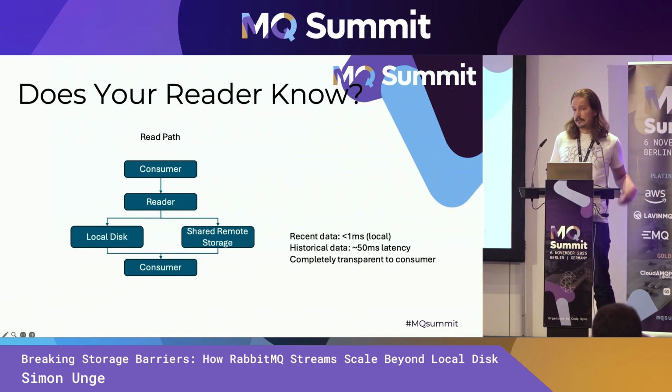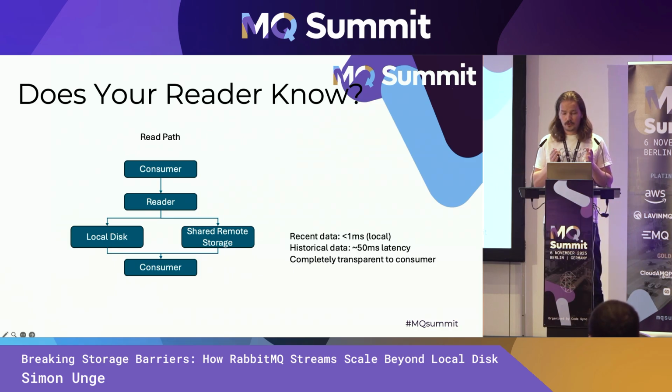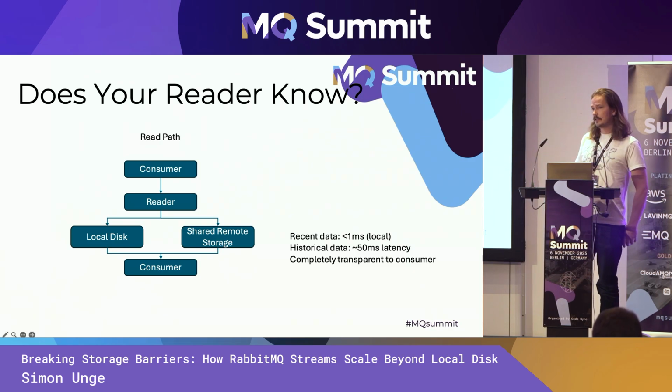And the reason for this is because the data is sequential, right? You start reading from one point, and then you read forward in the history. So we know what the consumer is going to read next. So we can do some smart logic there and do prefetching and make sure that, yes, it's going to take a little hit in the beginning, but then it's going to be a throughput as you're used to. And of course, this is also completely transparent to the consumer. They don't care. They use the same APIs as before.